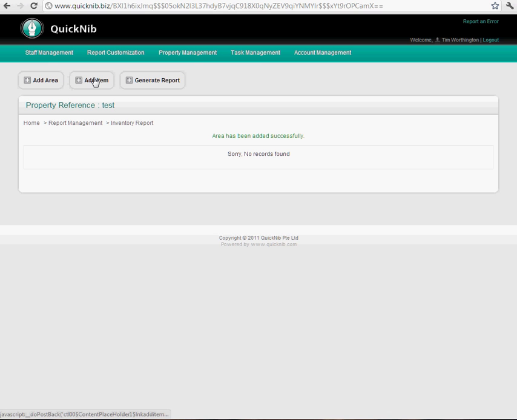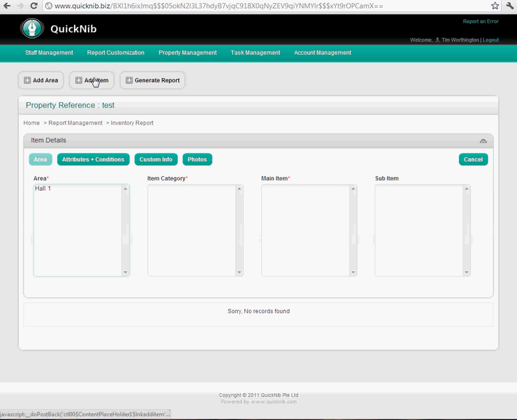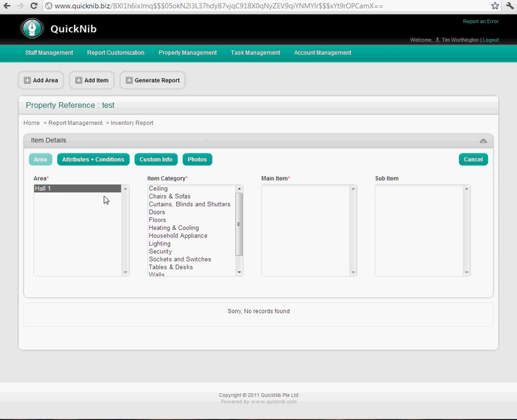Now when we go to add an item, it's going to show us the areas in which we can add them. As we've only added hall, we can only use hall. So these are all the item categories that we have linked to the area or room hall. So in the case of this, we're going to insert some doors. Under doors, we have all the items that we've previously listed against this category. So we're going to look at external door,